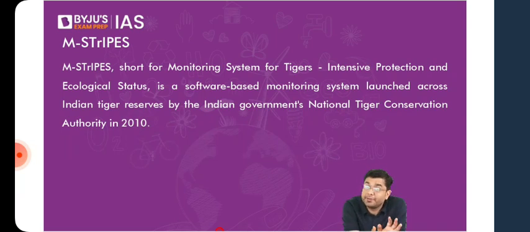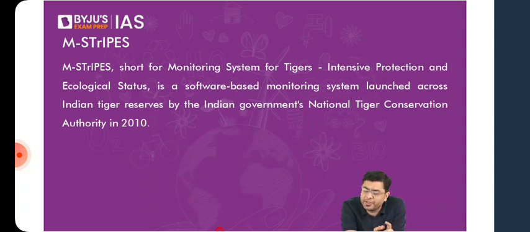But there also, in order to add further credibility to the census data, because whenever the census data is released, you will have your own set of skeptics who say that this is a miscalculation, that there is no way you can have so many tigers. That has been observed when the 2006 census data was released, when the 2010, 2014, and 2018 data were released. Every time it was the same case. So this year also, you have the same thing.